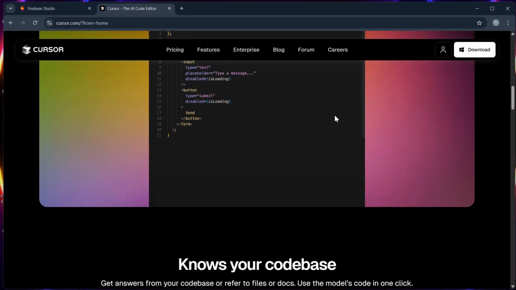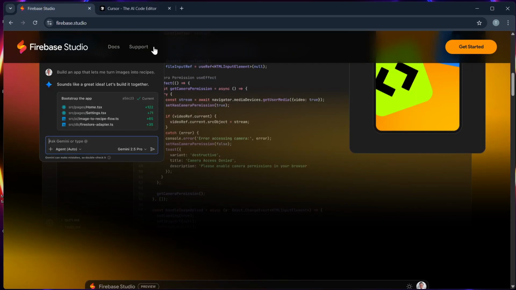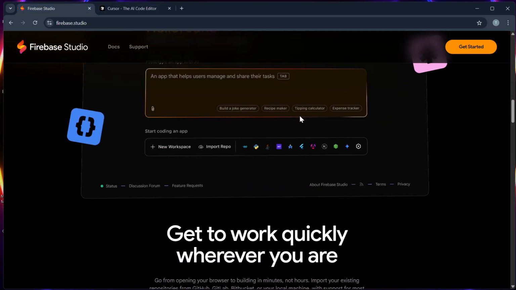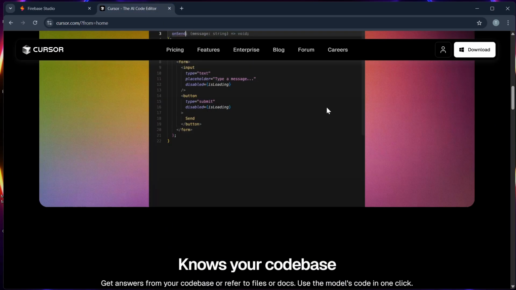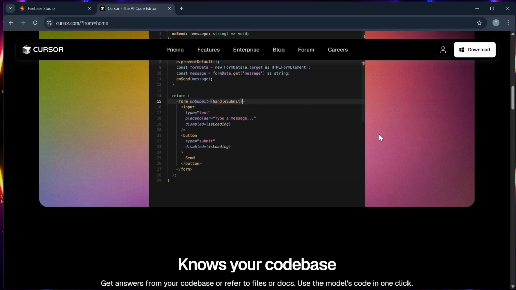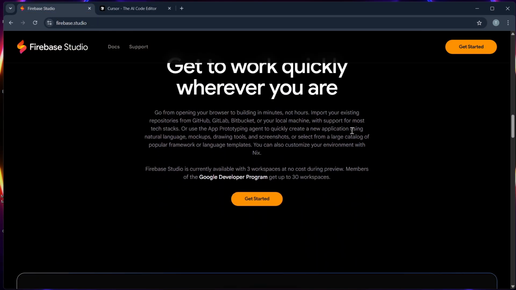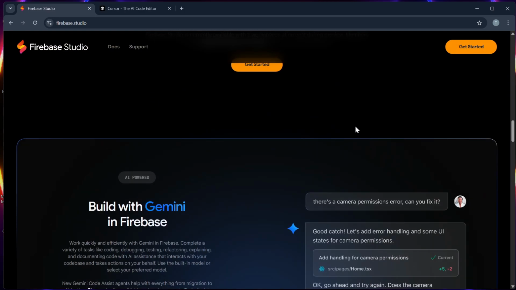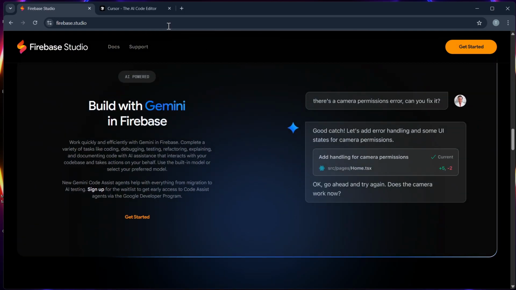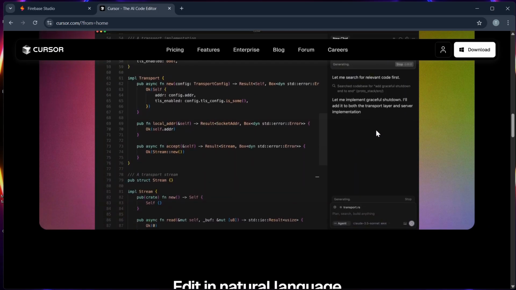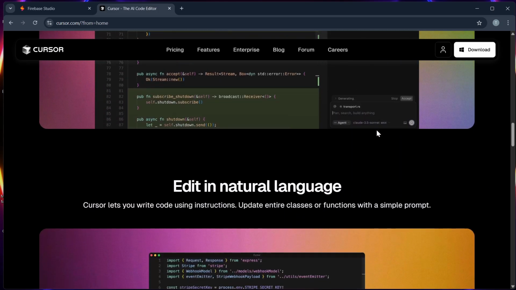Number 2, their ease of use. Firebase Studio offers a visual interface and it's easy to use for beginners, while Cursor has a learning curve, but it provides lightning-fast AI-assisted coding. Number 3, their features. Firebase Studio tightly integrates with Firebase Authentication, Firestore, hosting, and functions, while Cursor supports modern frameworks, built-in Git and AI tools like Copilot.